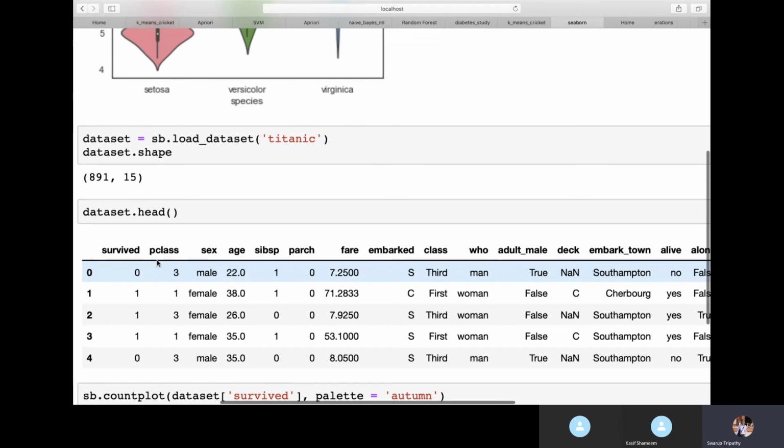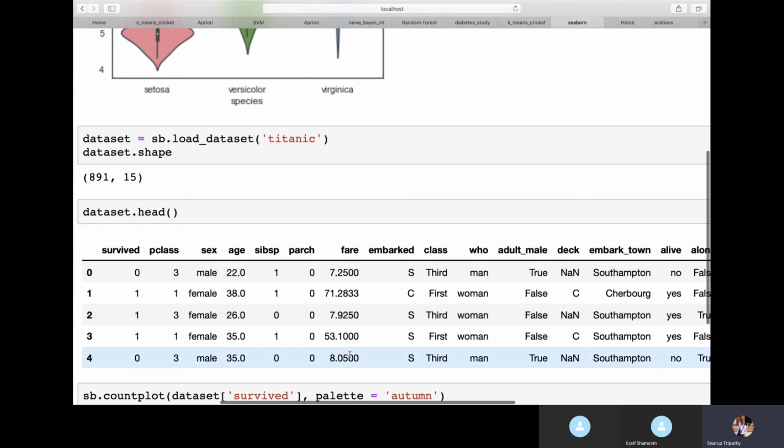Now in this data we have to find out who is likely to survive or not based on a given situation. So the first column, survived, is what we are going to study. Survived 0 means that person didn't survive. Survived 1 means that person survived. This is what the survival column tells us. This is the column which we are going to target or study. All the other columns are features, of which some might be important and some might not be. That's what we have to figure out.